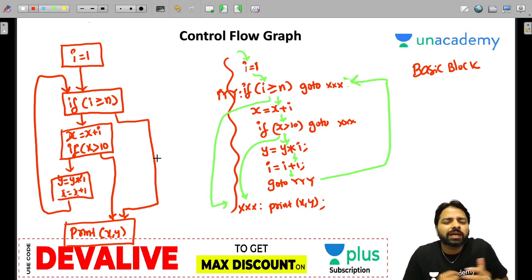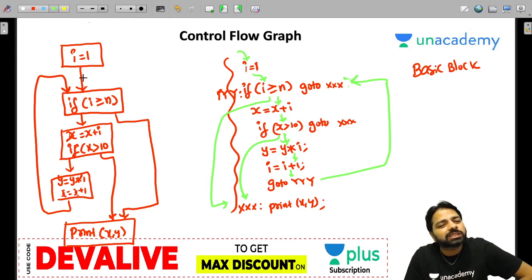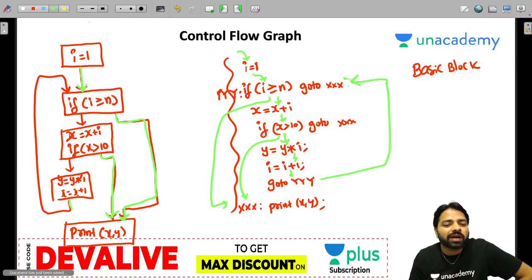Go to, no need to write, because go to is nothing but a jump, an unconditional jump. So all the edges here, whatever I have shown you, actually jump there. All edges here called controls are defined by jumps or go to statements, either directly or indirectly.